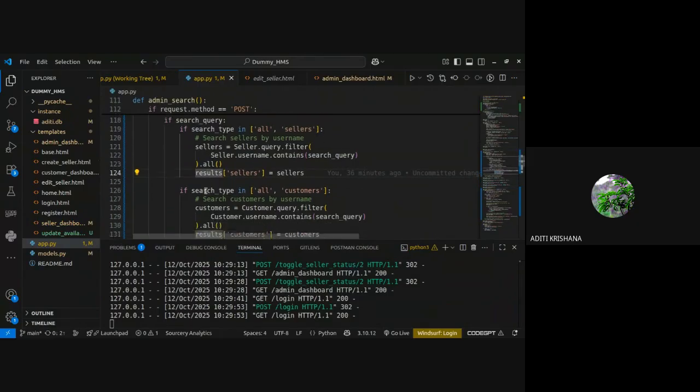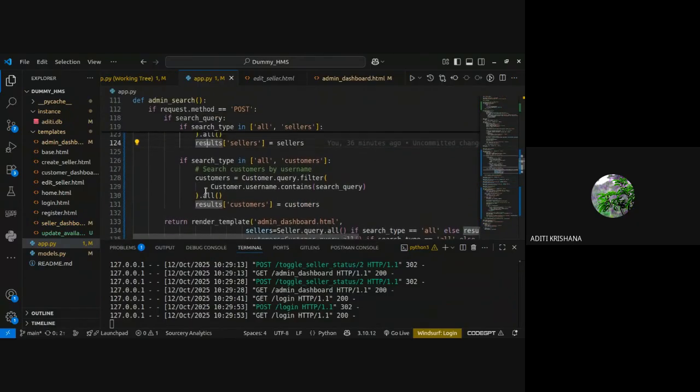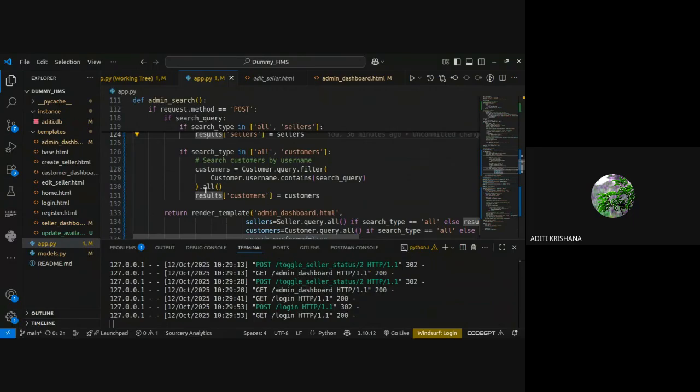Similarly, for customers, I'm searching the customers by username right now. You can search the customers by phone number as well. You can play around with it so that you have a good understanding. Similarly, whatever I fetch, all the details will be stored inside customers, and that will be assigned to this. Results is a dictionary, and customers and seller are the keys.